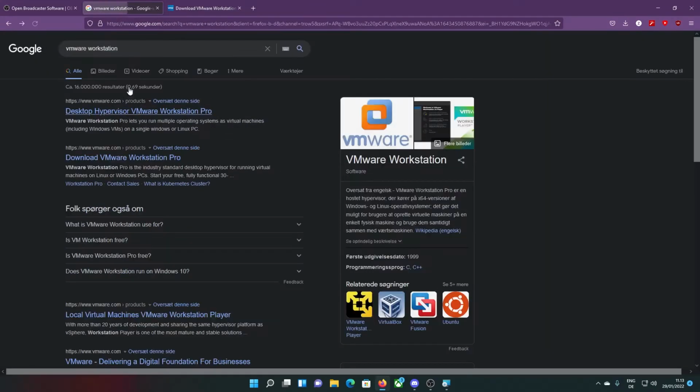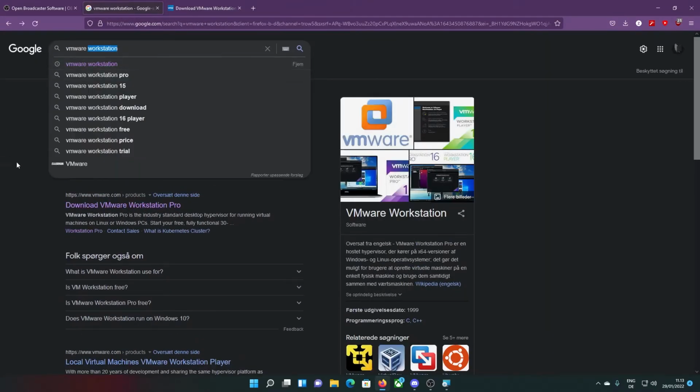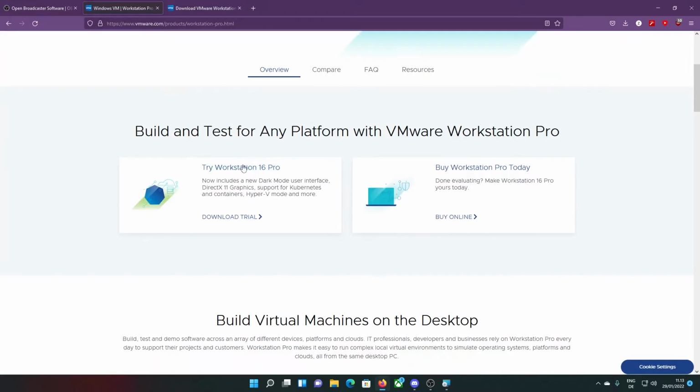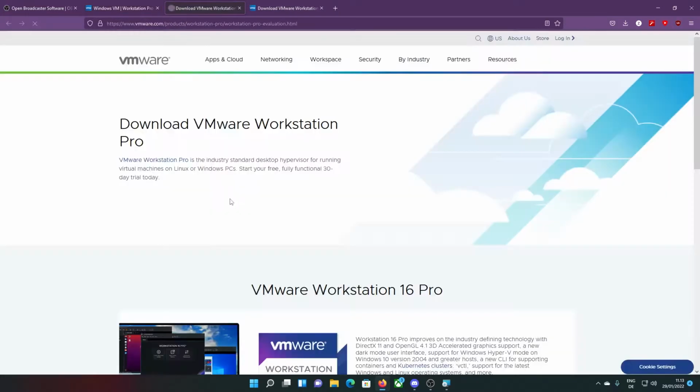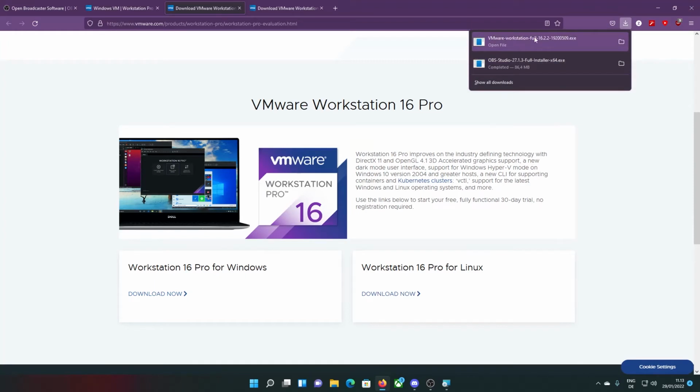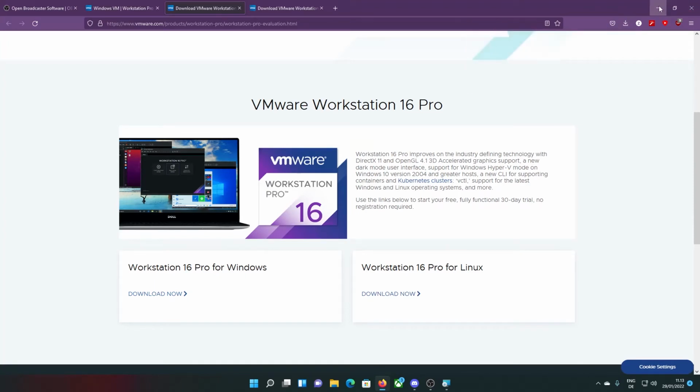Anyways, first you search VMware Workstation, go to download. For Mac, I would recommend installing VMware Fusion instead. It just integrates a bit better. But on Windows, it's Workstation. Go down here, download trial, since you probably already have a license key. And then obviously download for Windows. Then you should be getting a VMware